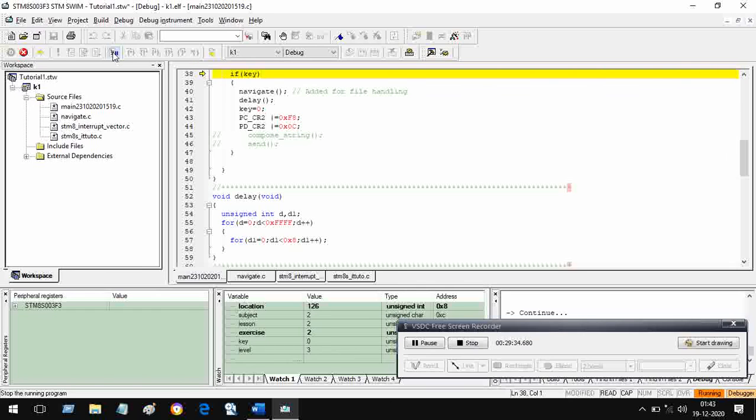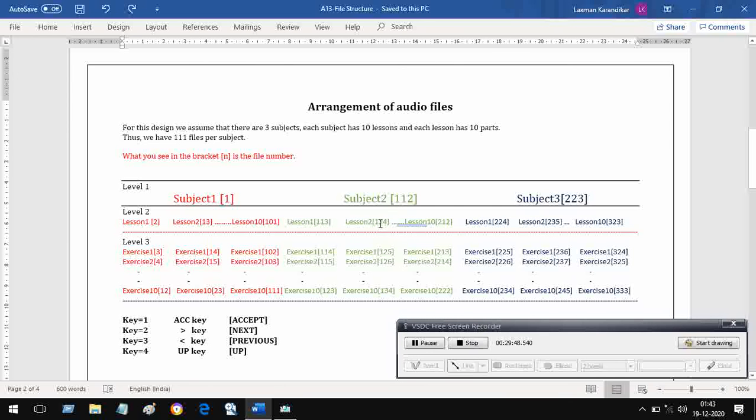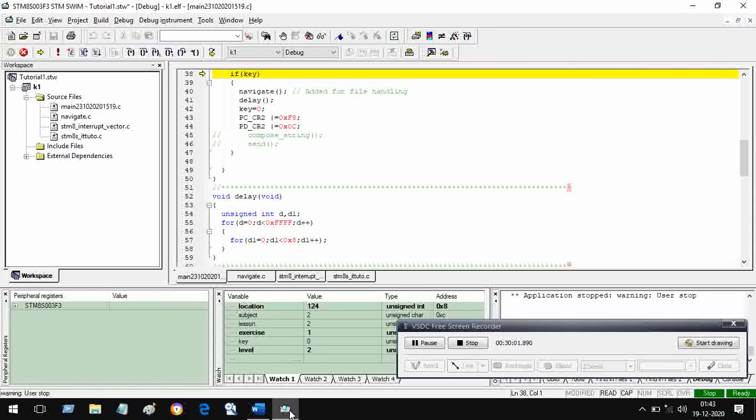Let us stop and see what action it has taken. From level 3 it has gone to level 2. Exercise automatically becomes 1, and the location has changed to 124. We have come to level 2, and therefore to lesson 2, and the address of lesson 2 is 124. So far it is going the expected way.